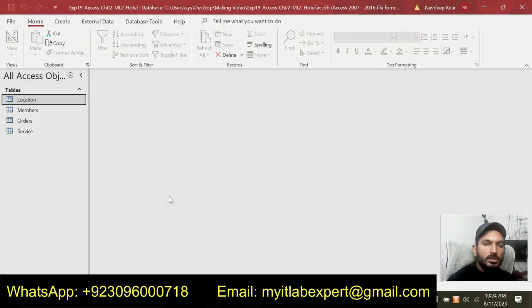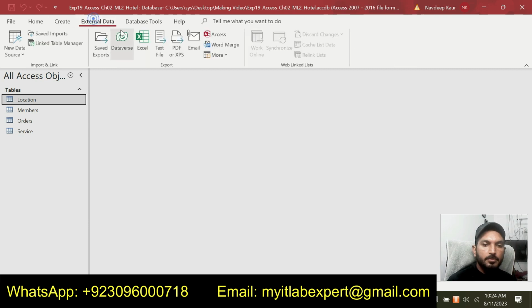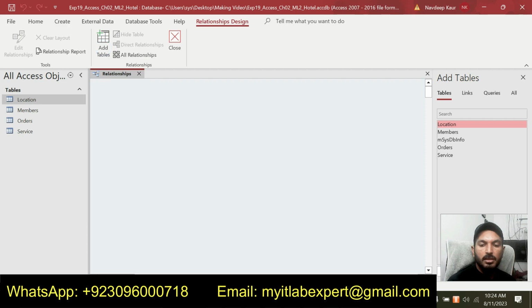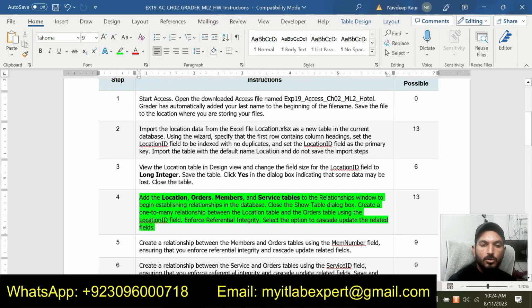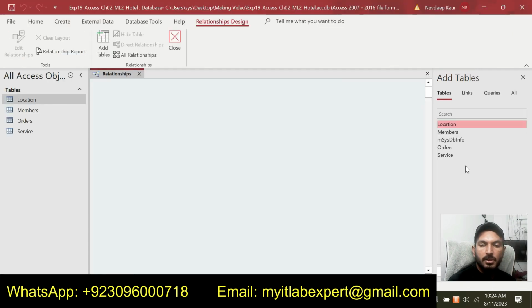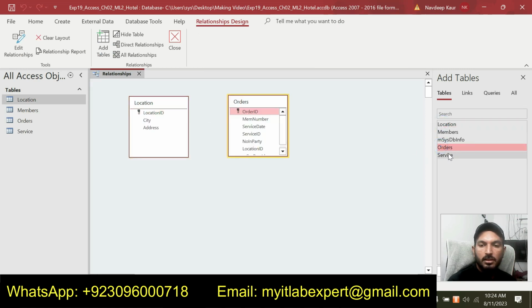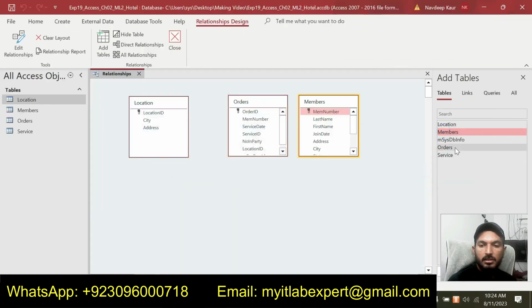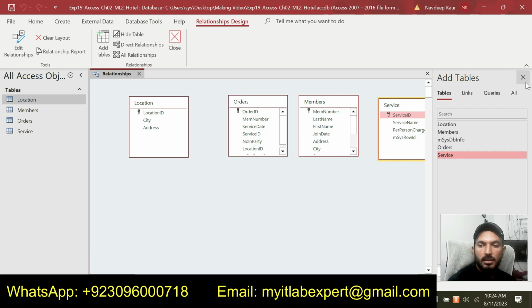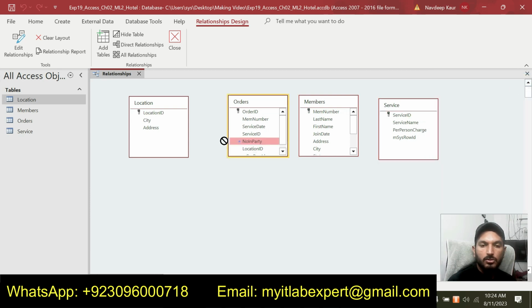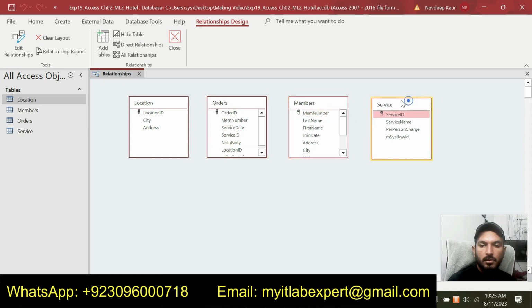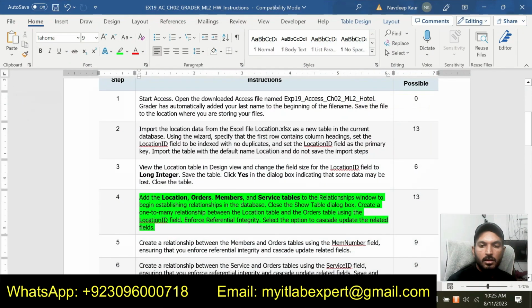So we will open the relationship window first, and now we are supposed to add the tables. We are supposed to add the location, order, members and services tables, and close this add table dialog box. So we have added these tables, and now